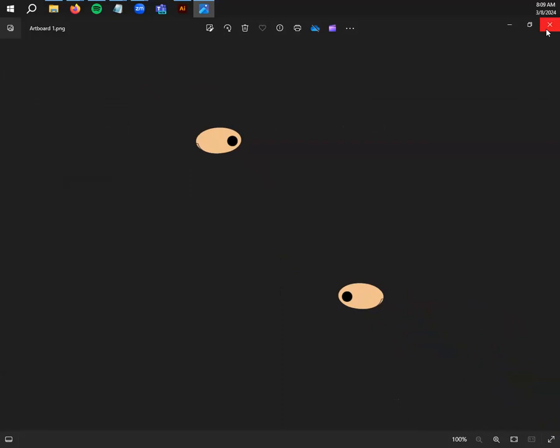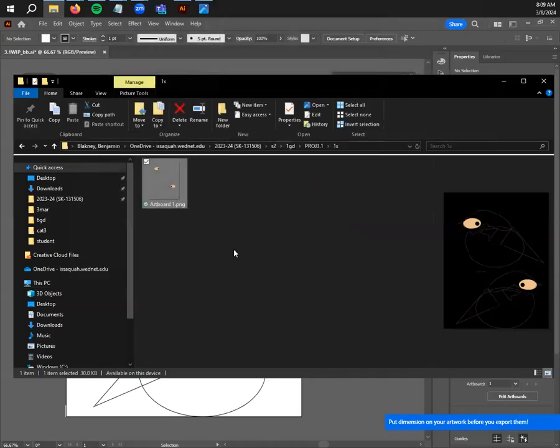That is okay if yours looks like this, because when you upload it to Canvas, I can see the whole thing. But it still says artboard 1 PNG. It's not quite the Canvas naming scheme that we're looking for, right? I'm going to right click on that and rename it. The Canvas naming scheme is always going to be your first initial of your first name and then your full last name, like this, and then your period number. So this is P1, followed by an underscore or a hyphen.